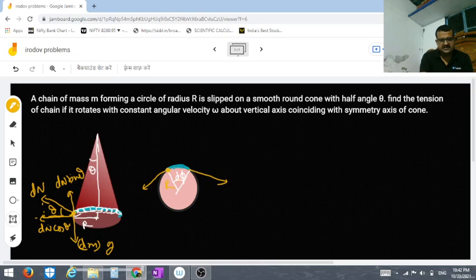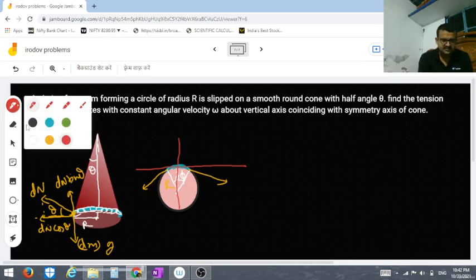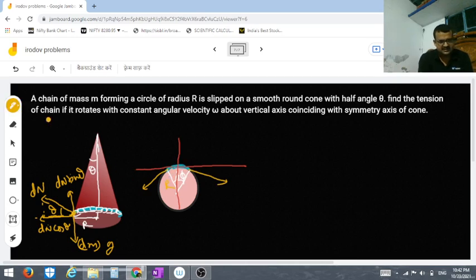You have taken d phi, so we have two directions to analyze here also in the plane of the circular cross section, so let me draw the directions here. One direction is the horizontal direction like this corresponding to the element, and one is like this. So if you resolve the components, you will get a component in this direction. If this is T and this is T, the component will be here, because you have taken the angle d phi. This angle will be d phi by 2 and this angle will be d phi by 2.